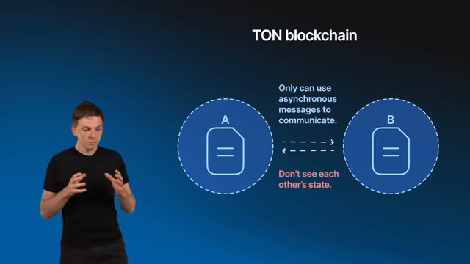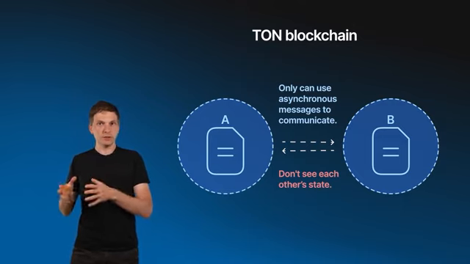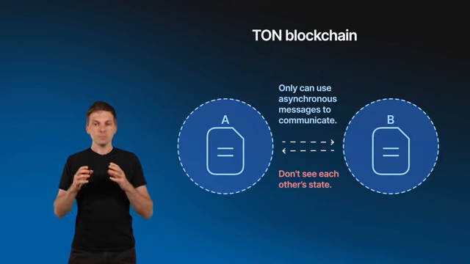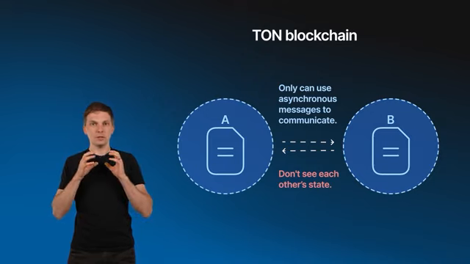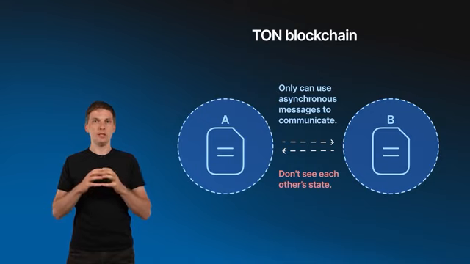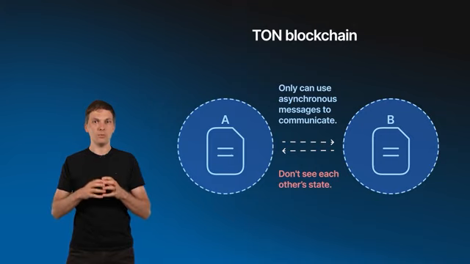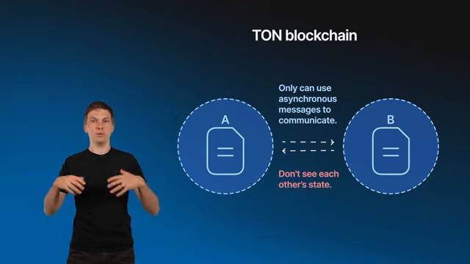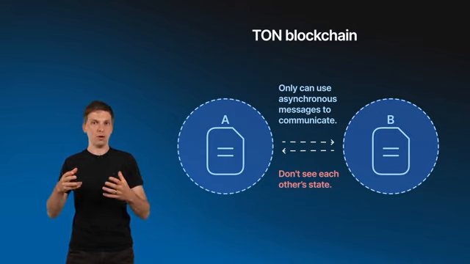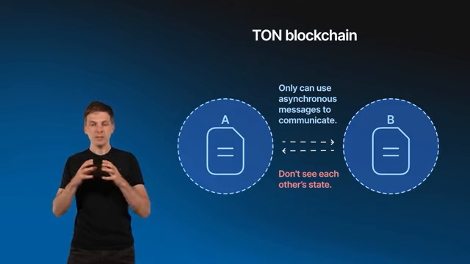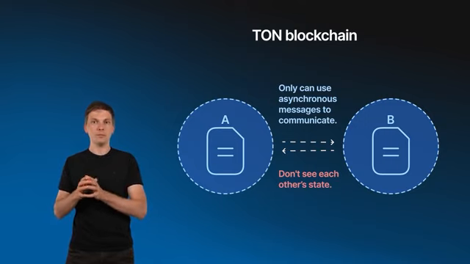So in TON, just like in Ethereum, you have individual accounts that have their own state, but you add a limitation. You say that the contracts are not allowed to see the global state. They can only see their own state. And the only way that they can communicate with other contracts would be asynchronous message passing. So the complicated rules of the network will take care of routing the message, and sometimes it may take multiple hops. But in principle, at no point in time would any party in the network have to see the entirety